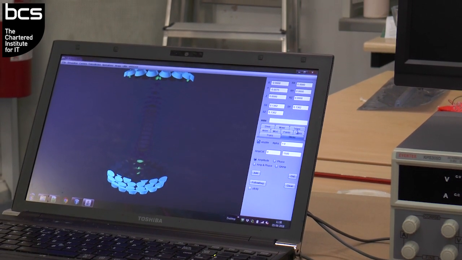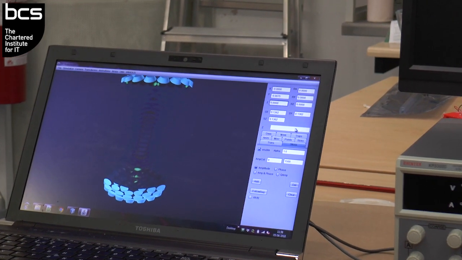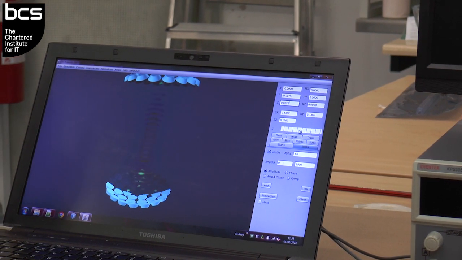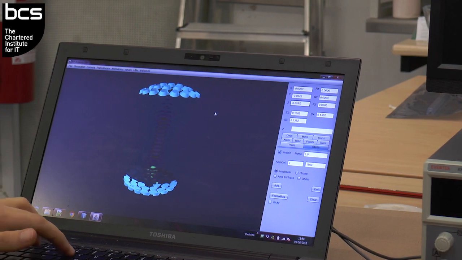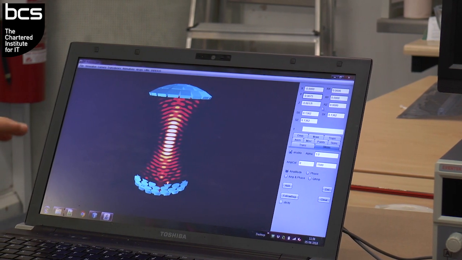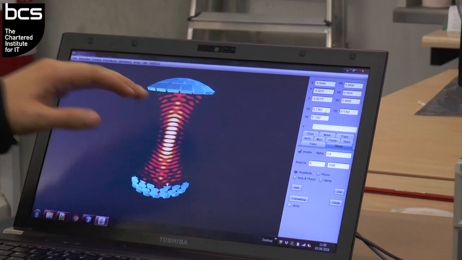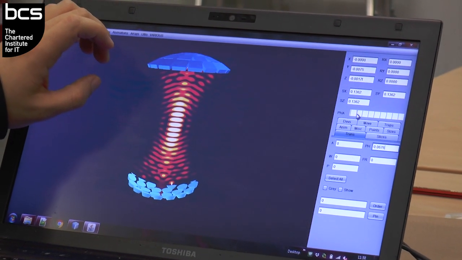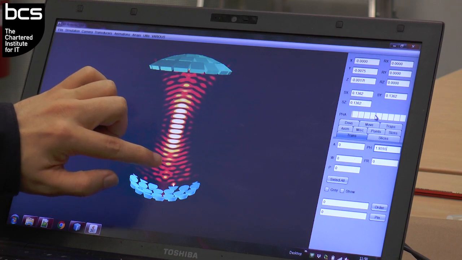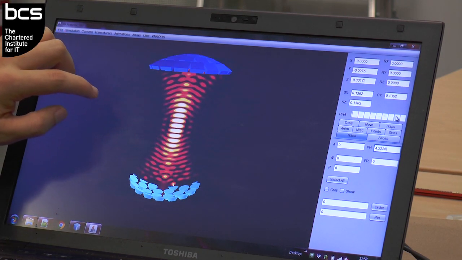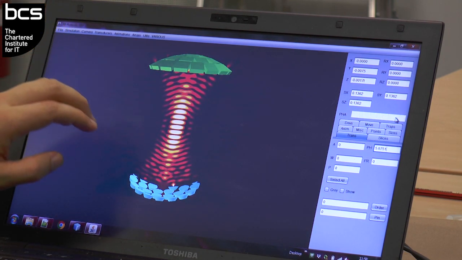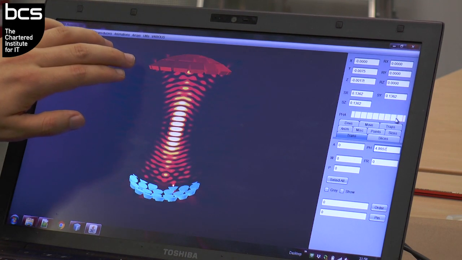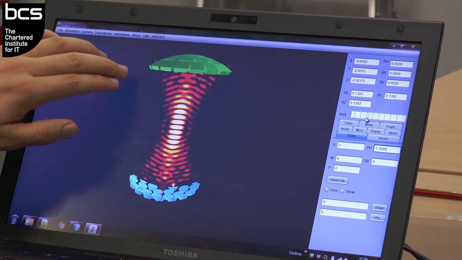And the good thing with this is that we can move the slice around, push it back, move it forward, and we can also change the signal that the transducers are emitting. So if we select all the top transducers and change the phase, we can see that the standing wave is moving upwards. And with that, we can move the particles. If there were particles trapped in these dark areas and we change the phase, the particles would go down.